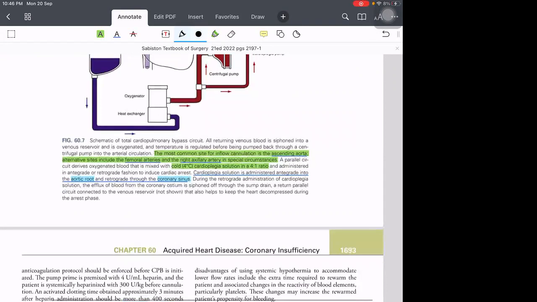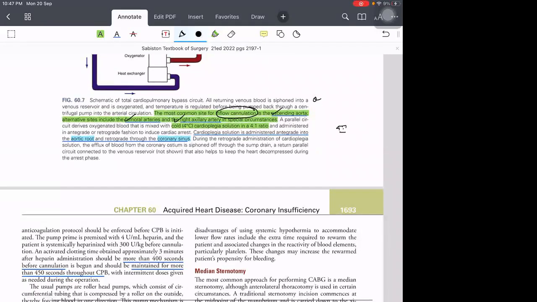So what is the inflow cannulation? All are MCQ. The most common site for inflow cannulation is the ascending aorta. The alternative sites for inflow cannulation are the femoral artery and right axillary artery. So what is the cardioplegic solution? The cardioplegic solution will be given in the ratio of 4:1. So when you are infusing the cardioplegic solution,